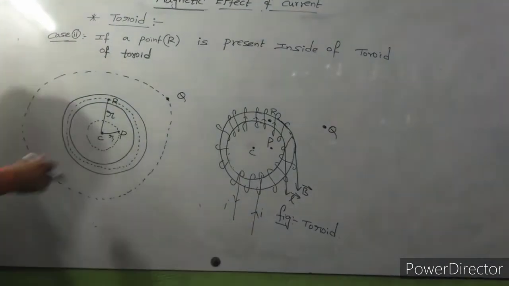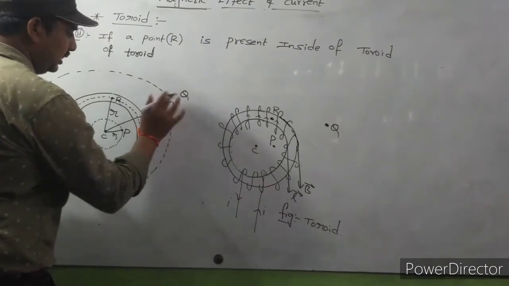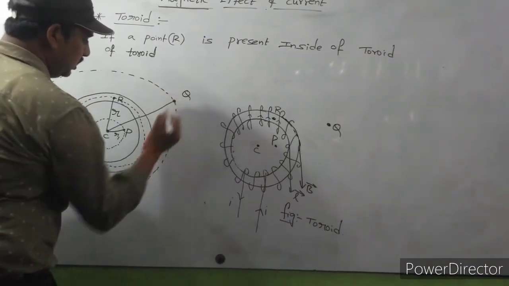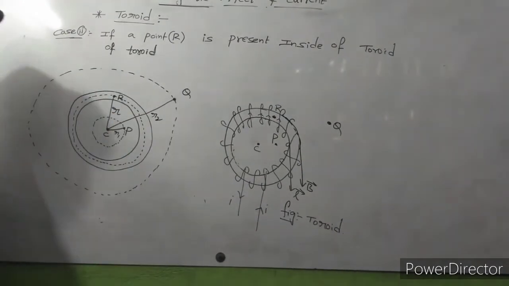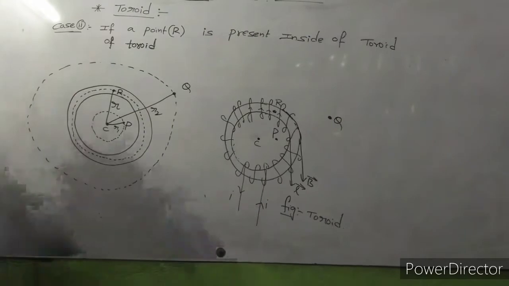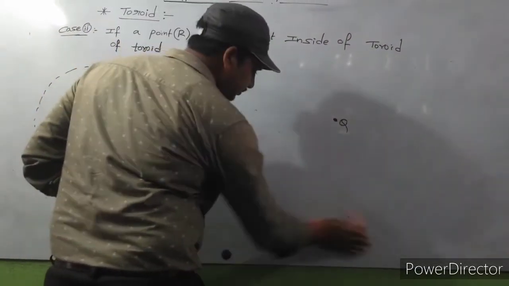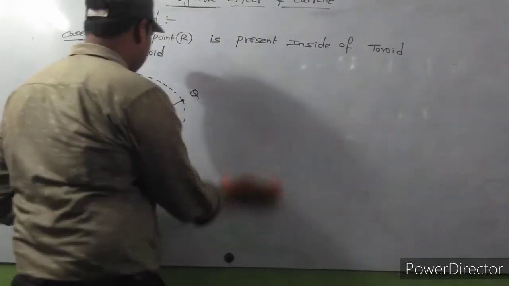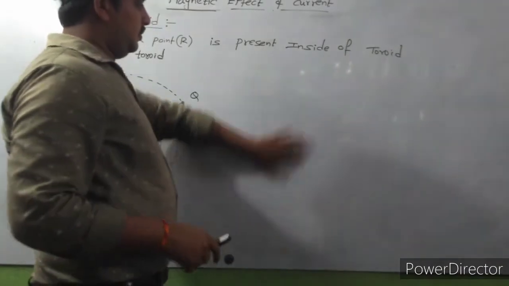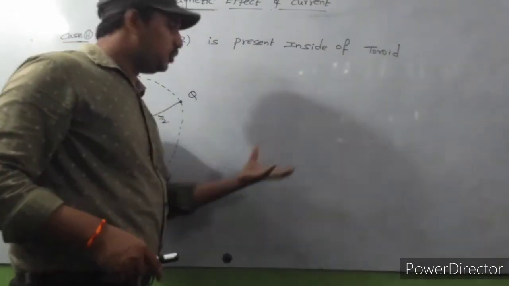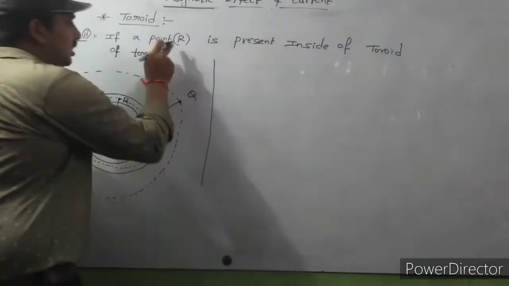So that means here is the point, this is the radius for this point, this is the radius for this point, for this imaginary circle. I consider this as some R2. Okay, this is R2. So now observe carefully. A few minutes back you saw the diagram. So we need to discuss the point R.